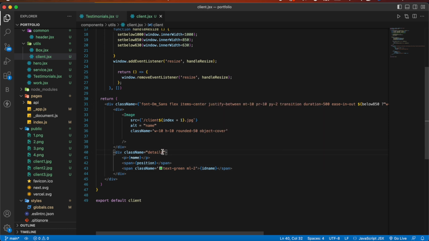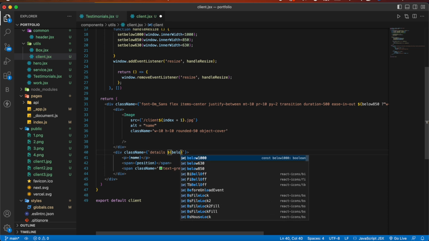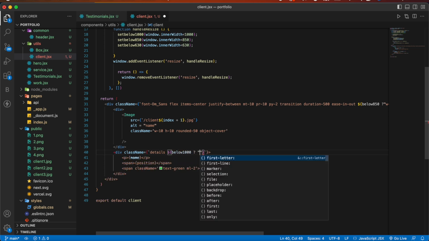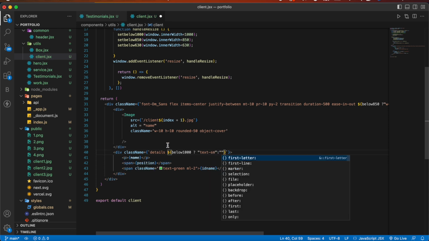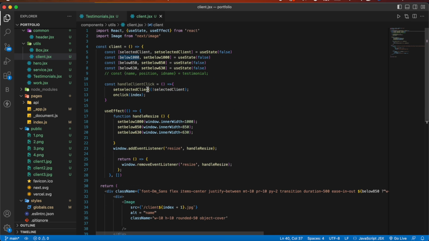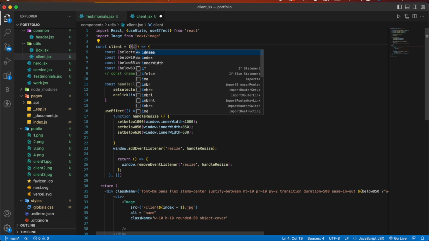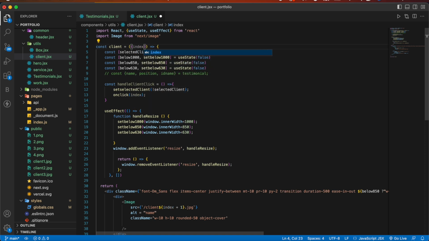And here, if it's below 1000, then text is small, otherwise it will take the default value. And now here we'll pass some props like index, on, and testimonial,